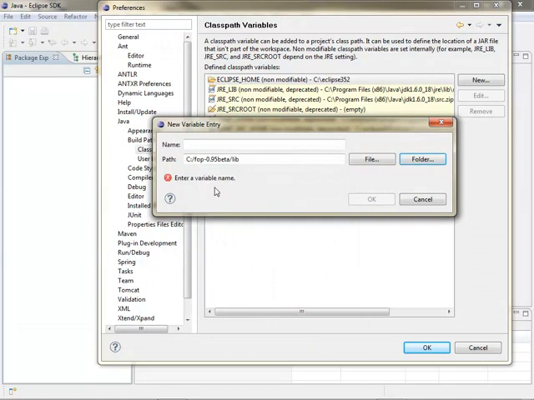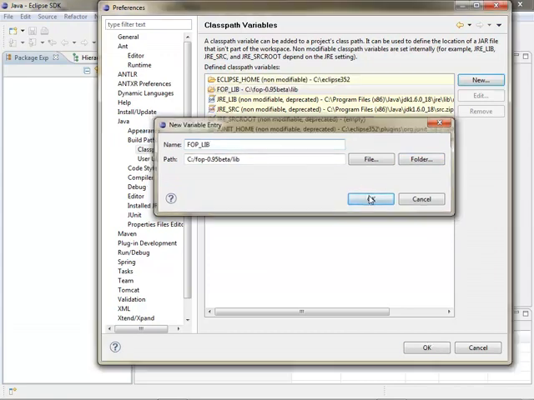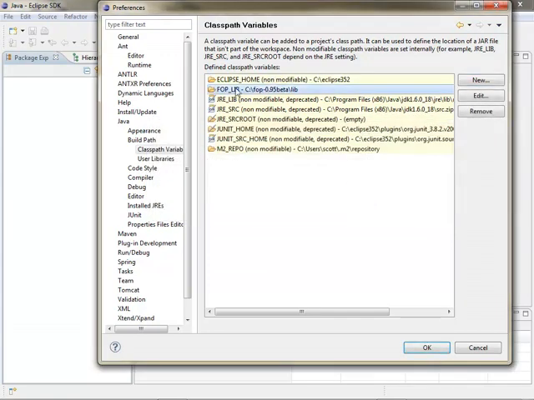I happen to have it installed as C:\FOP\0.95 beta\lib. What I'm going to do is give it a name, foplib, and hit OK. Now, if I reference this variable when I'm setting up a class path in a project,